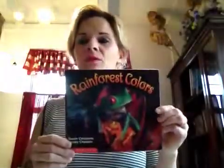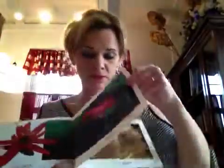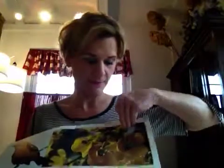It reminded me of this book that I've liked for a long time. This is an old one I had that talks about the different colors in the rainforest. And look, I'm going to do a quick flip through this because we only have seconds before this is going to stop. Look, there's red frogs. They found a yellow frog. I know, I'll wash my hands, sorry. They saw a blue frog. Look at that. And somewhere there was even a green frog. Oh, there it is. The red-eyed